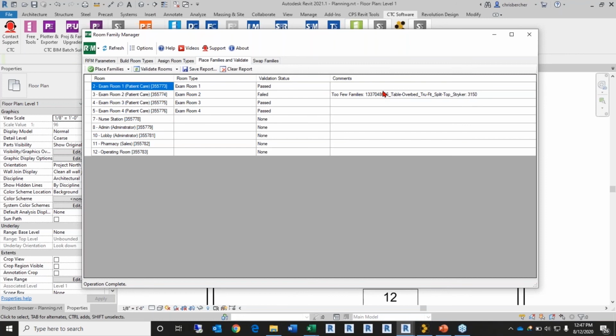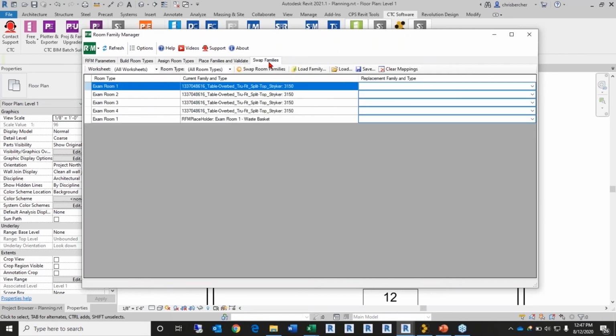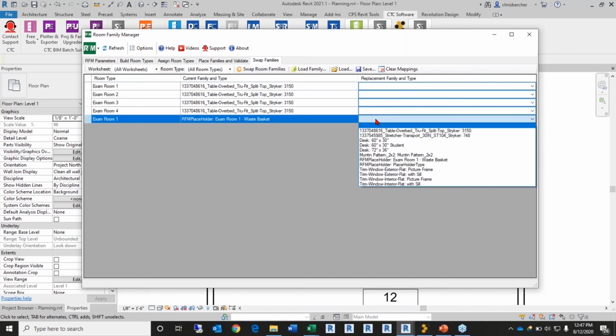So there's a way of knowing if and when things get deleted or get moved outside of the room. Maybe it wasn't deleted, it was moved to a different room. I can check that out. Now maybe we need to replace a family, right? So that trash can, maybe I need to replace that with something else, okay? Well, I don't have anything here. So